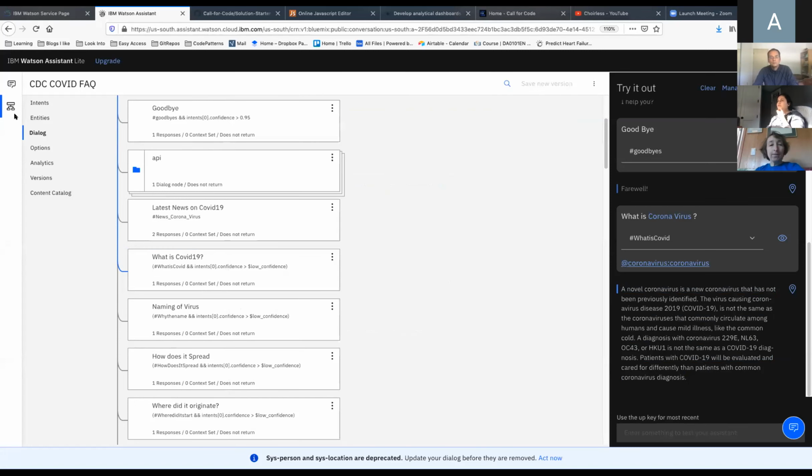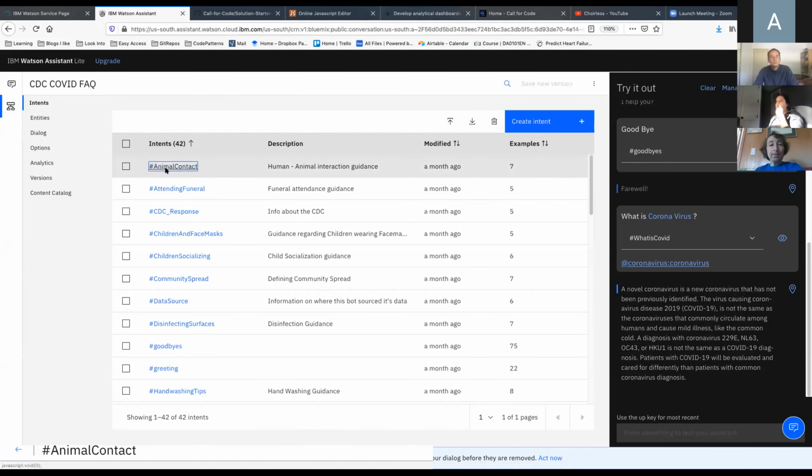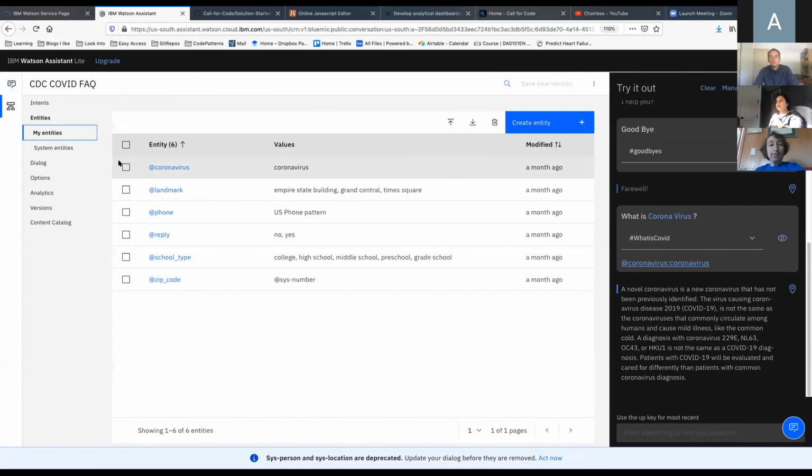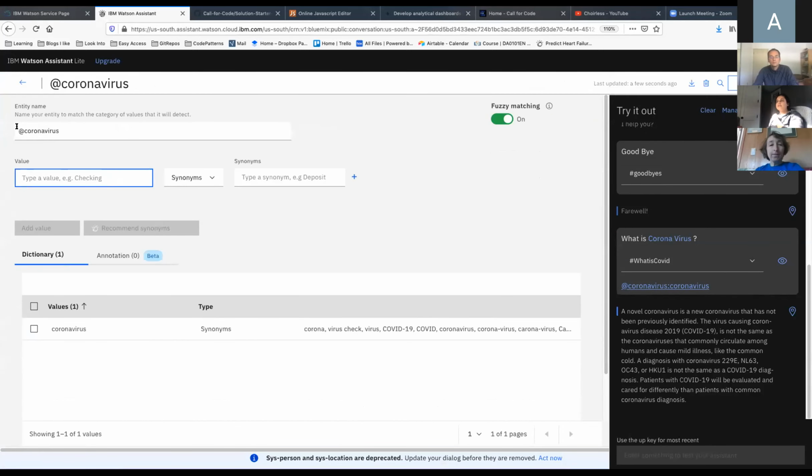I wanted to point out one thing now that I'm walking through this. Every intent is set up with a hashtag, a hashtag and then the name of the intent. Watson Assistant recognizes that as an intent. However, entities are recognized with the @ symbol.